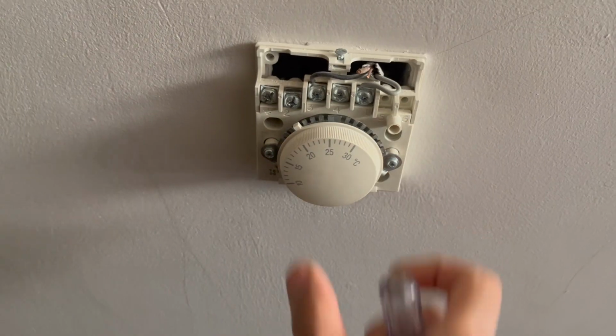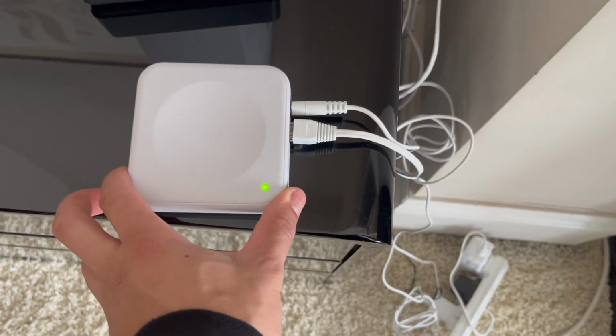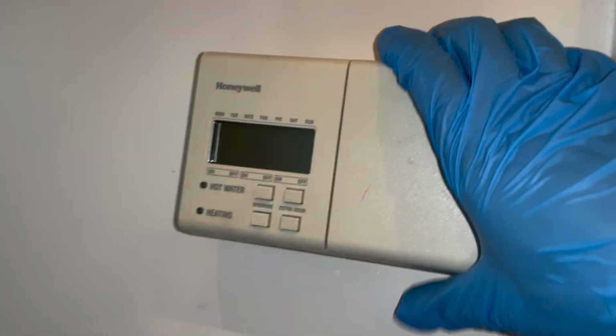So if we start with what they currently have, this old programmer which controls two thermostats, which are exactly the same, one upstairs, one downstairs. So the first thing we're going to do is take everything out of the box, and like always, we're going to connect up the hub to the internet and let it update, let it marinate, let it do its thing. While it's doing that, we're going to take off the old programmer and see what we've got in terms of